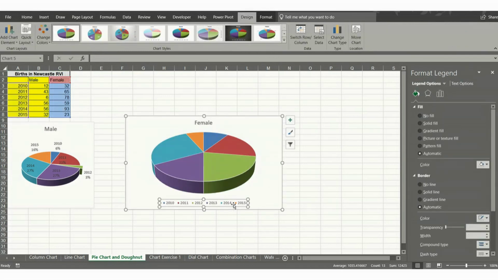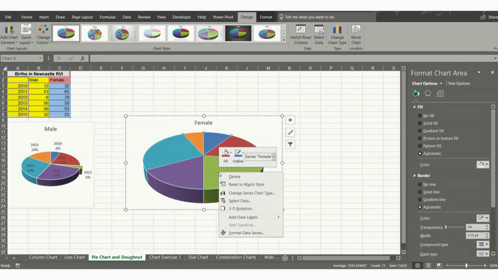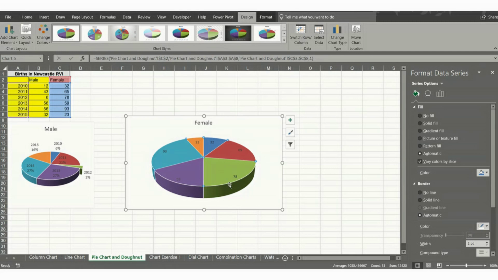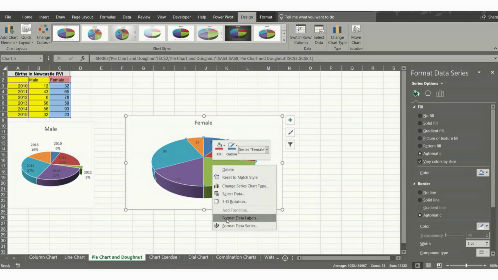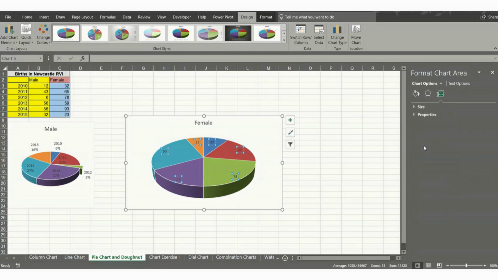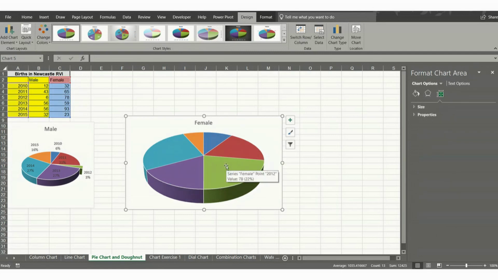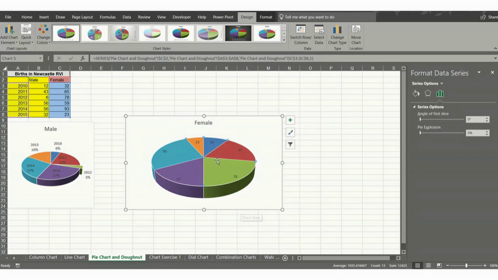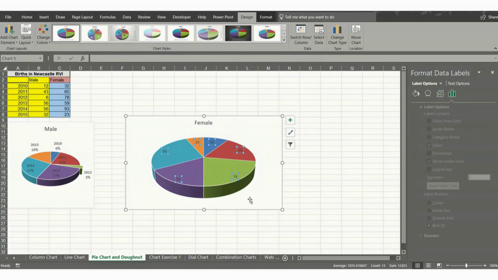Then you do the same process, insert pie, 3D pie. Don't want the labels at the bottom, I want them on the pie itself, so right click, add data labels. Don't want the numbers, so right click, format data labels. When you right click to format data labels, make sure that you do not take the value off. I'll just do it so you can see. If I take it off before I click percent, you just lose the label, so you have to start again. So right click, add data labels, right click, format data labels, percentage on, then you can take the value off,